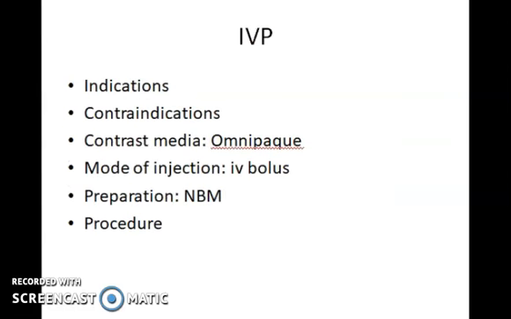So let's first see about the intravenous pyelography, which is commonly called IVP. It is also called intravenous urogram, IVU. This is a radiographic examination of the urinary tract, including the renal parenchyma, the calyces and the pelvis, after the intravenous injection of the contrast media. So intravenous pyelogram is a misnomer, as it implies visualization of the pelvis and calyces without the parenchyma. The term pyelogram is reserved for retrograde studies visualizing only the collecting system.